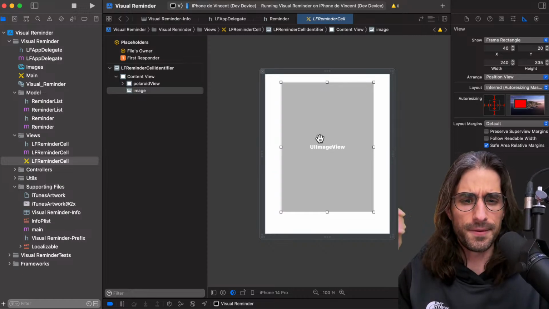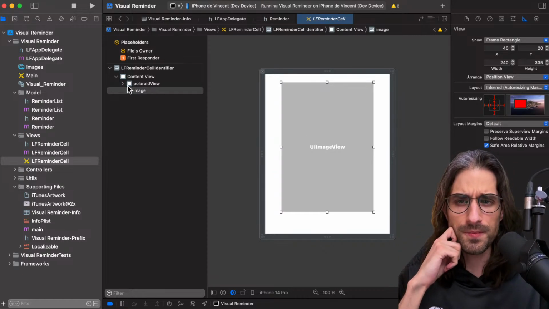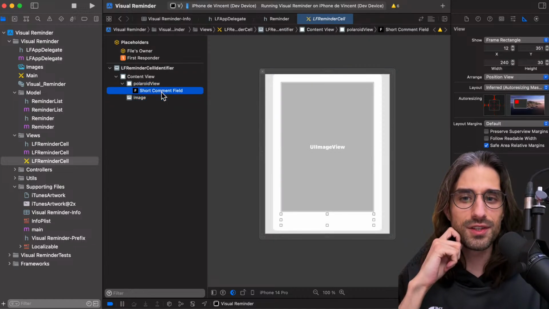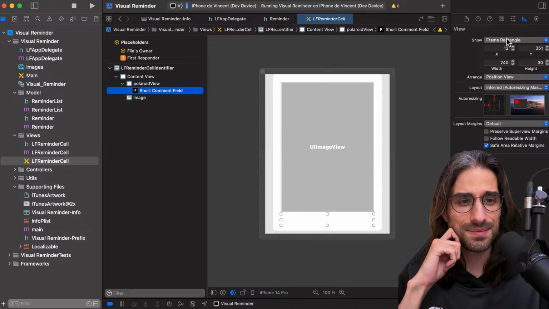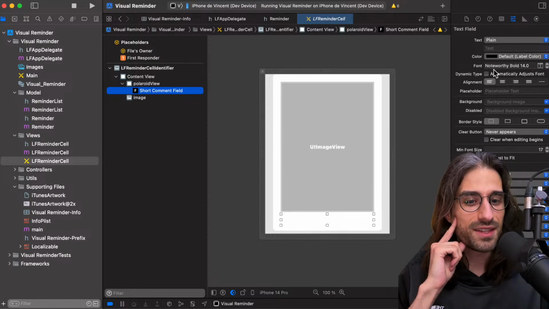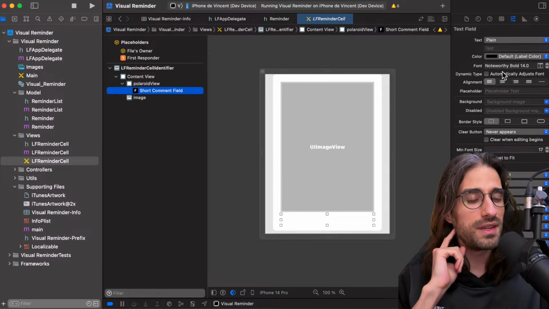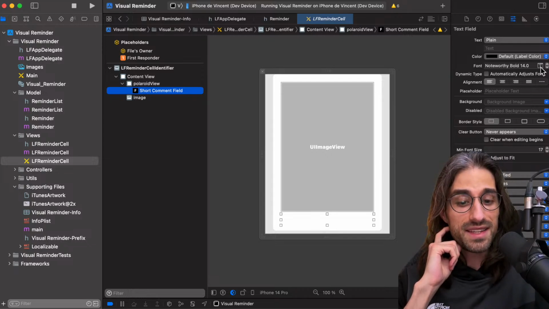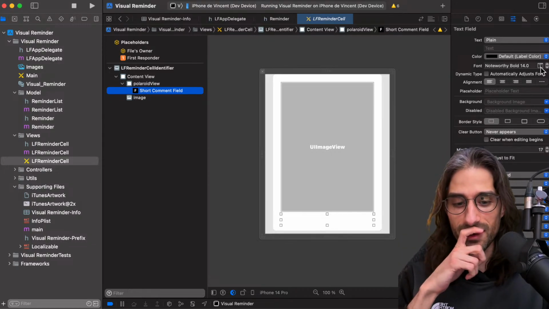So I have this image view, and I have the Polaroid view, which is behind, and there is the short command field. Let's take a look at the custom font. So this is where I've set the custom font that you were mentioning, Alex. So Noteworthy Bold, and it was one of the fonts that were added. Oh yes, I remember.